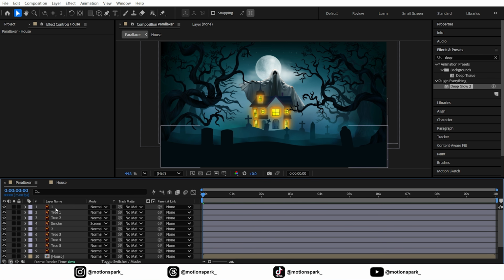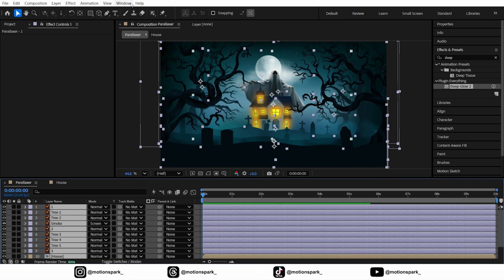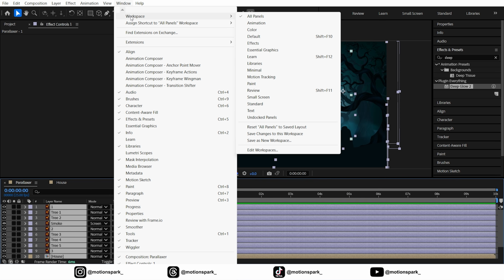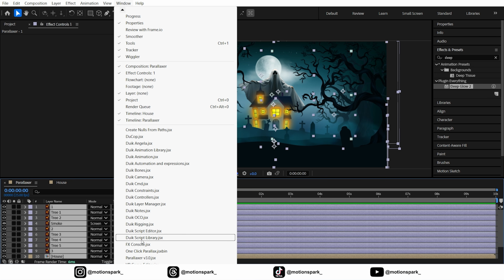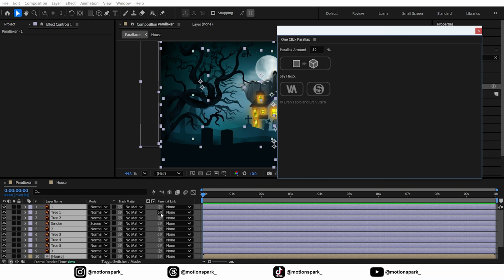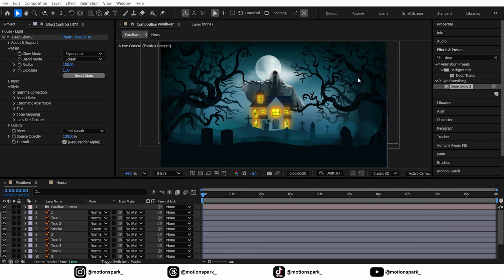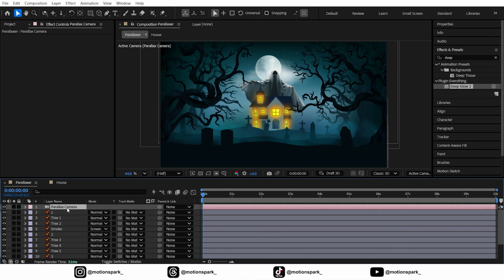Excellent. Now, let's select all of our layers, go to the Window menu, and open up the one-click Parallax script. A small window will pop up. All you need to do is click the very first button at the top. Instantly, it converts every layer into a 3D layer, automatically spreads them out at different depth distances, and adds a